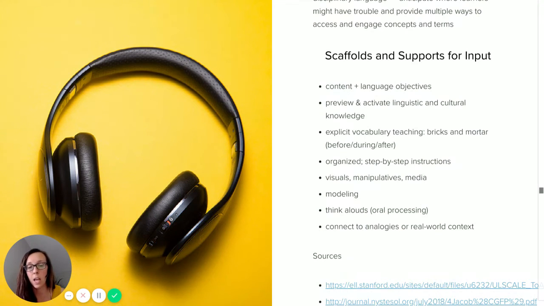And that leads me to think alouds or oral processing. Math language is something that's been talked quite a bit about in the last couple of years, especially in younger classrooms. But how might we engage students in think alouds in computer science classes as well, to really encourage them to produce that or have output in that academic language of computer science? And then connecting to analogies and real world context, really having other situations and scenarios that include concepts that we're teaching helps to provide resource and further understanding for students who might be new to computer science.